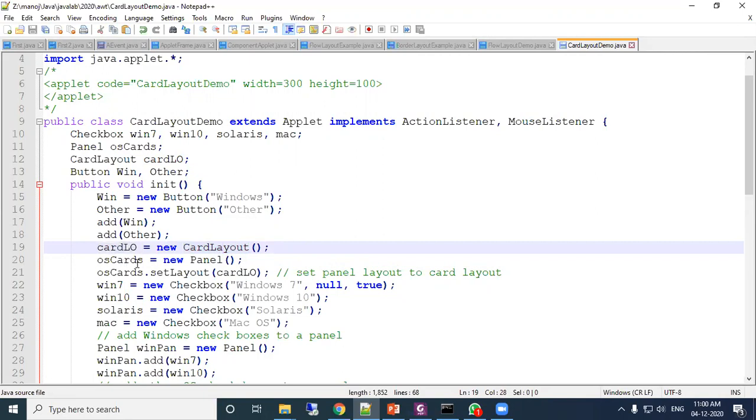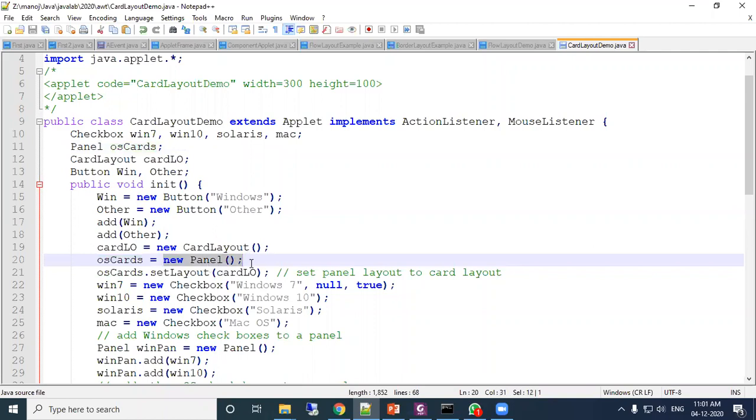Then osCards. osCards is one name. Here it is created. What type of object is it? Panel. You know, the panel is also one container. So here osCards is a container, and that is reserved here.